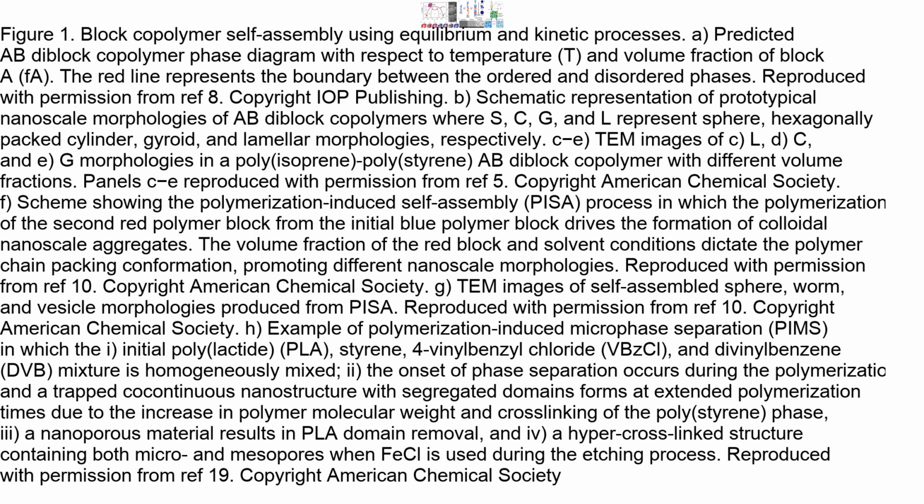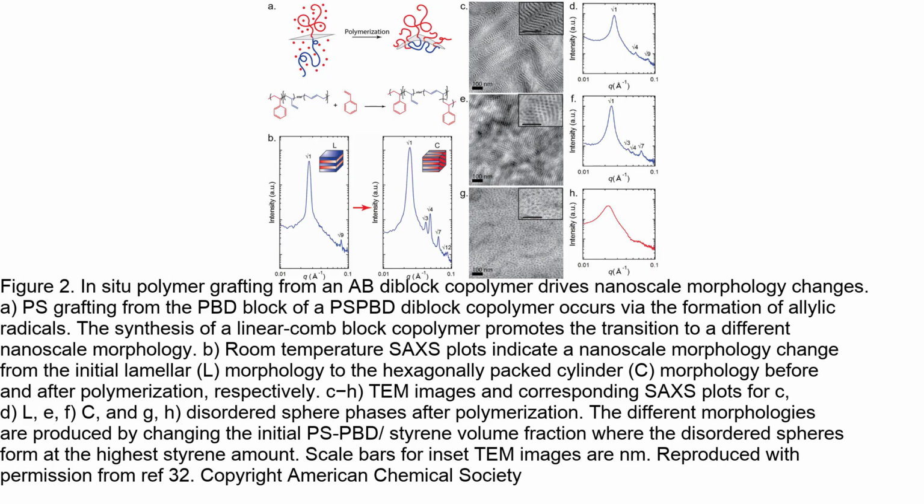The results highlight the potential for using chemical reactions to drive phase changes in polymer systems, leading to materials with controlled nano and multiscale structures. These findings open up new possibilities for tailoring material properties and structures beyond what is currently achievable with traditional self-assembly techniques. Figure 2 in the paper shows the in situ polymer grafting process from an ABD block copolymer, specifically styrene,